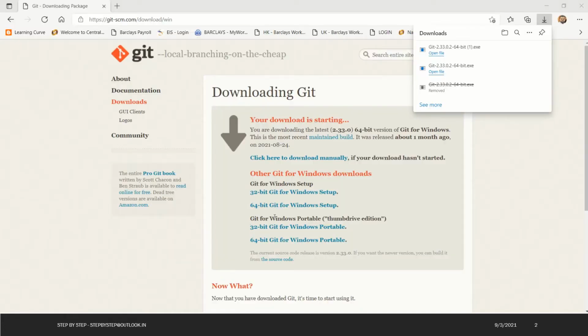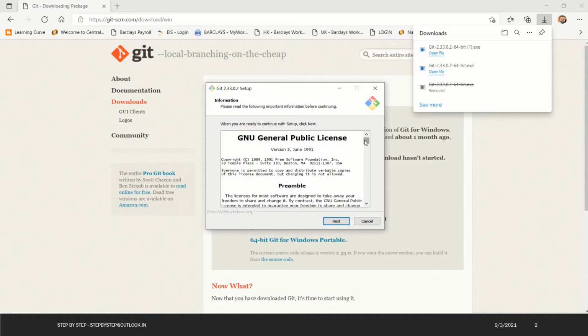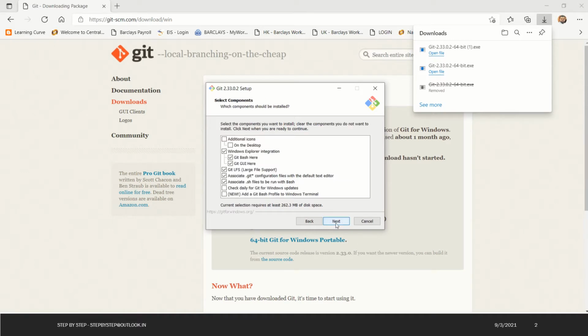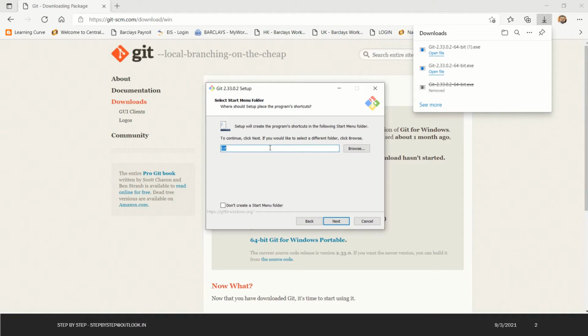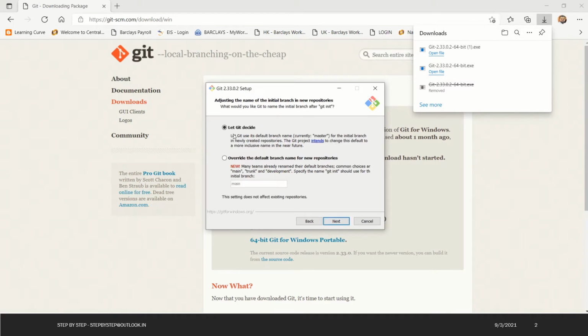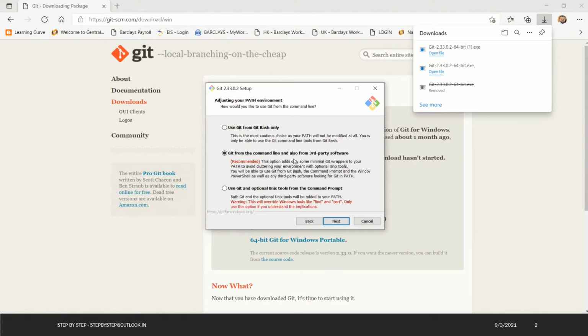So this will ask whether you really want to allow this app to make changes to your device. So I'll click on yes, and then we just need to say next. It will ask for the default location, which is C Program Files, say next. Again, we want Git Bash and Git GUI both, so I'll click on next. Then a different folder, but I'll keep the same folder, next. And next, let Git decide. Okay, next.